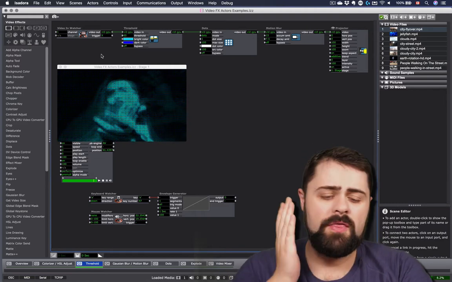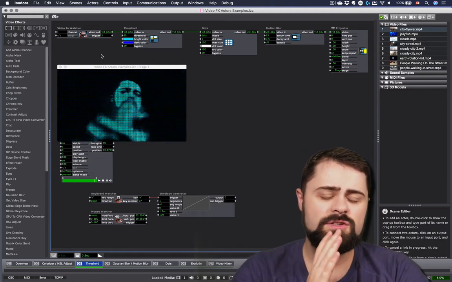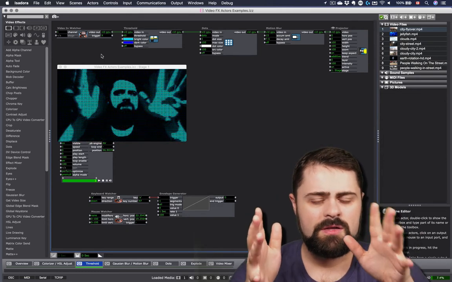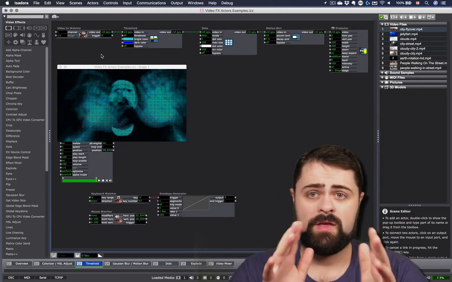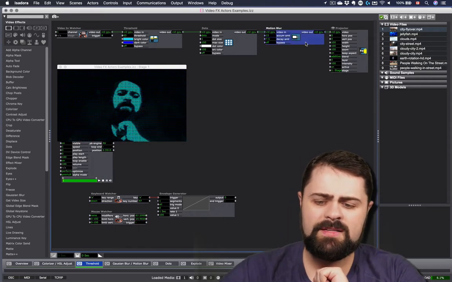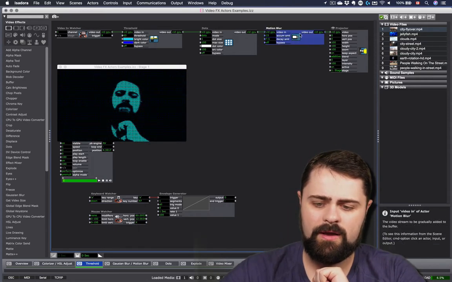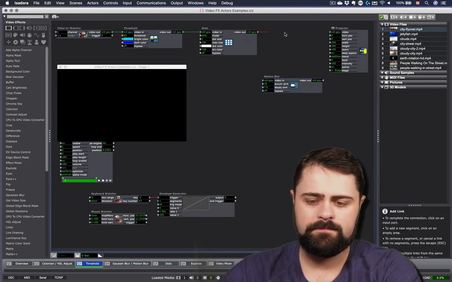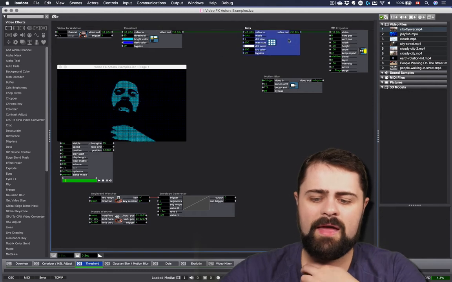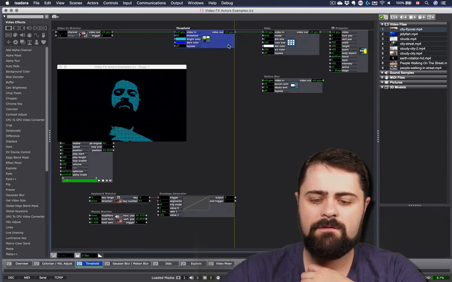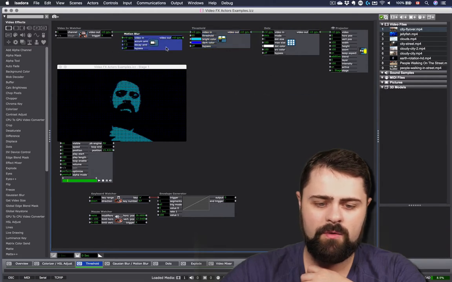Be aware that this combination is sequential. So we can actually get different results depending on the way we order the effects on top of each other. Let's watch and see an example of this. If I take the motion blur out of the chain, I'm just going to disconnect it. I'm not going to delete it. And instead, I put the motion blur at the very front of the chain, right off the video in Watcher.